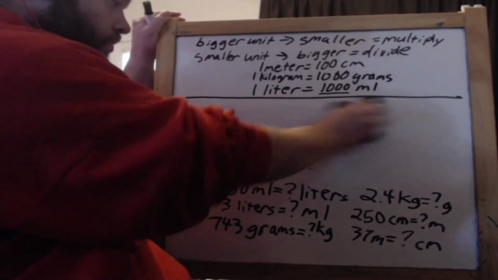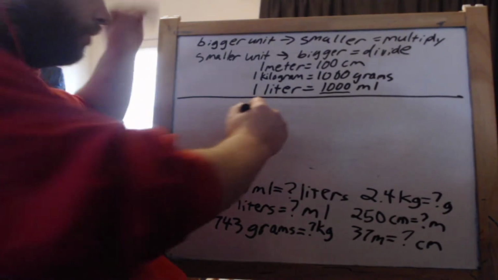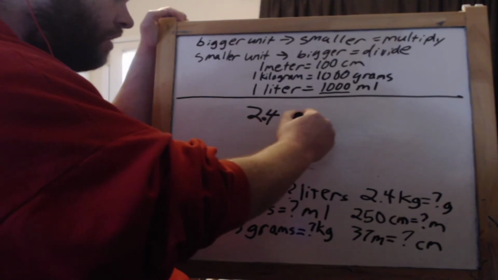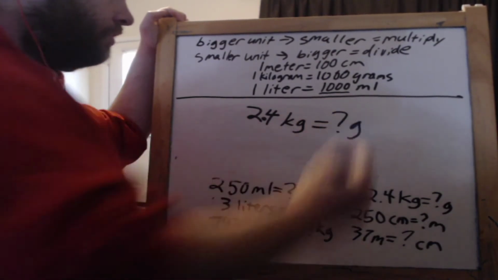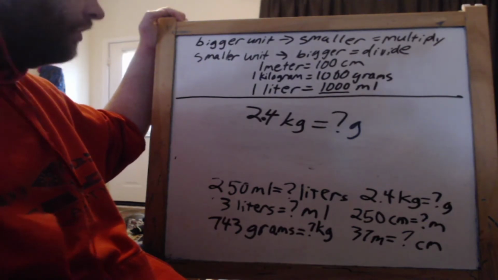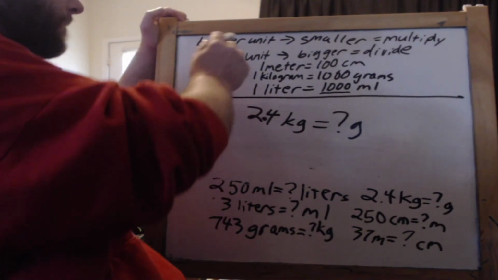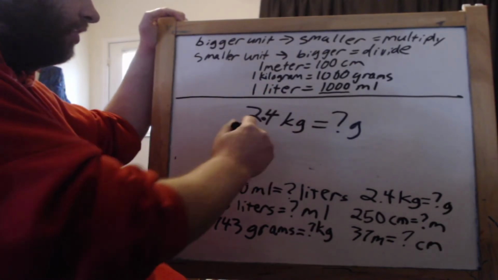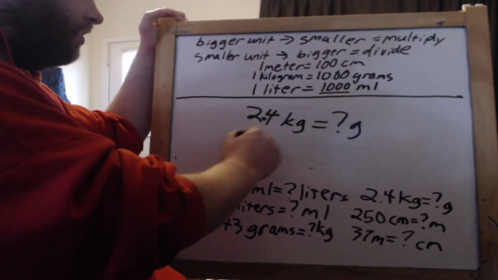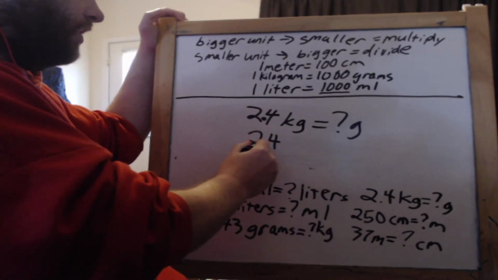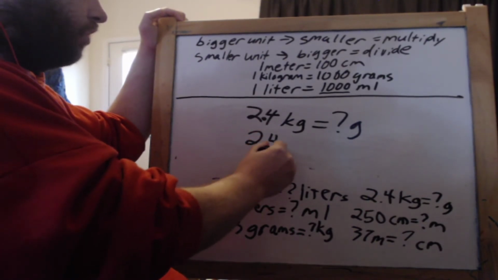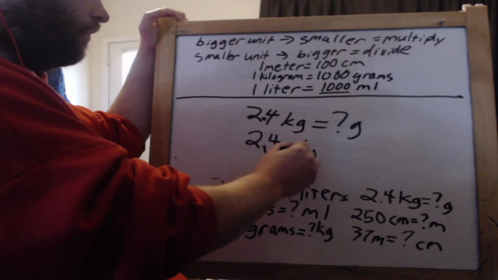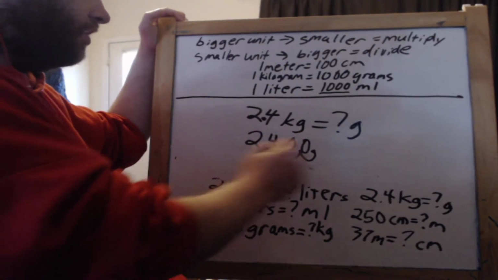Now, we're going to do 2.4 kilograms, or 2 4/10 kilograms, equals how many grams? So all we're doing now is going from a bigger unit to a smaller unit, so we're going to multiply by 1,000 because there's 1,000 grams in a kilogram. So 2.4 times 1,000. So what I need to do is move this decimal place over 3 times. 1, 2, 3. Okay? And that means that I have to fill this out here, and the decimal's over here, so that is